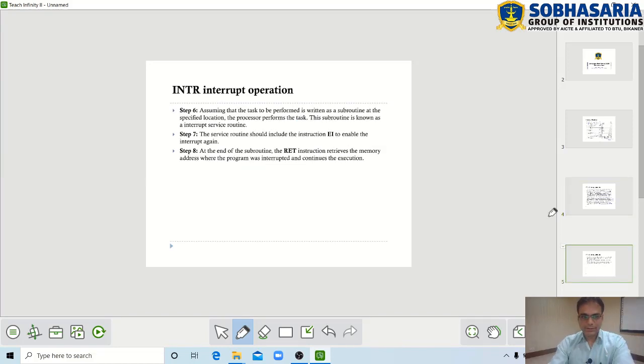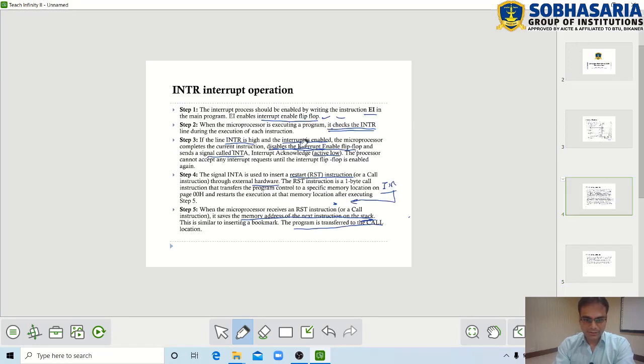So the next step is, assuming that the task is performed, assuming that the ISR is completed, the subroutine which is known as the interrupt service routine. Next, the interrupt service routine should have an EI instruction at the end. Remember that in previous stages we have disabled the interrupt enable flip-flop.